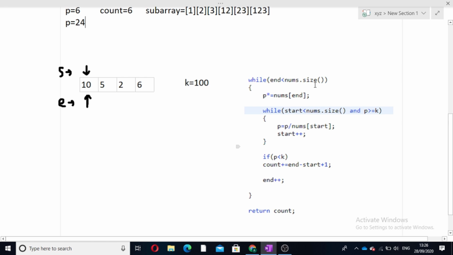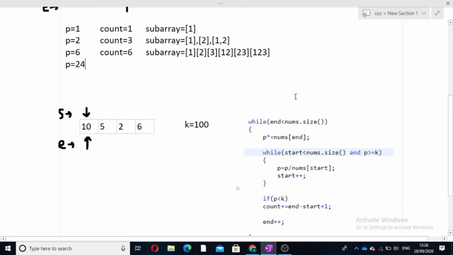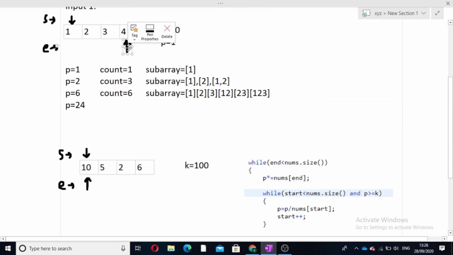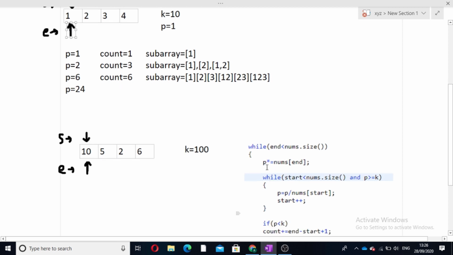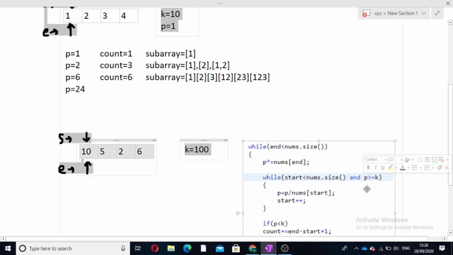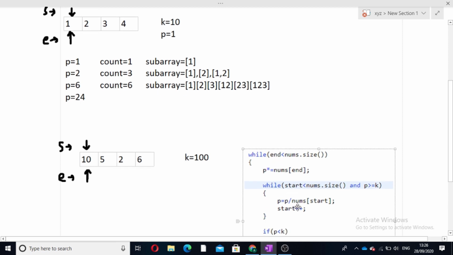While end is less than nums dot size, p is equal to p into nums of end. If this product is greater than k, we have to move our starting point ahead and do this operation, that is p is equal to p divided by nums start.